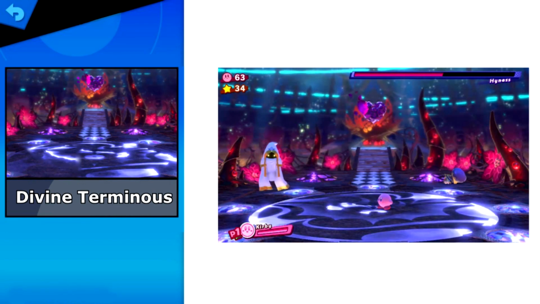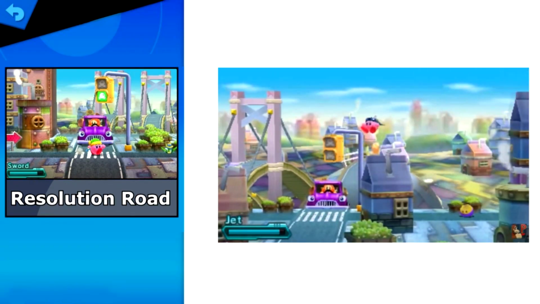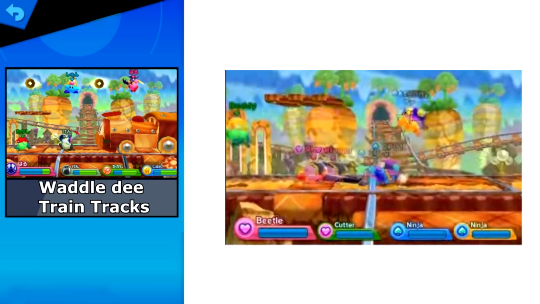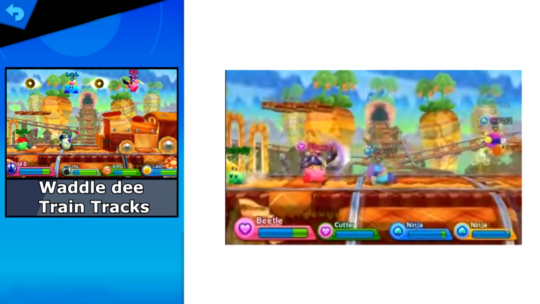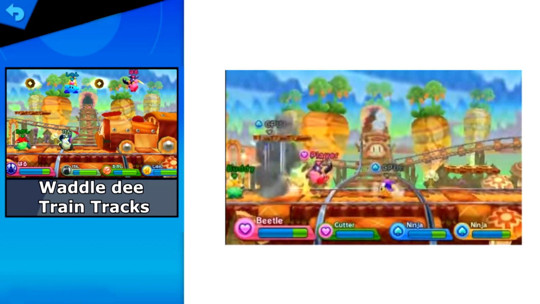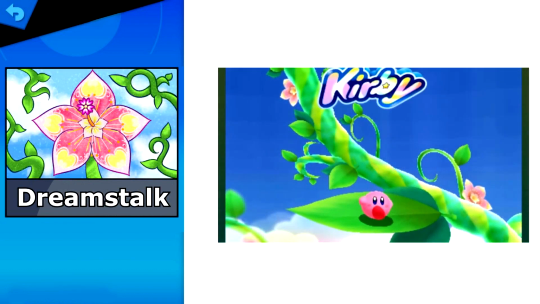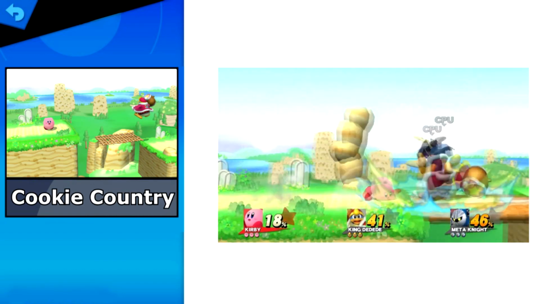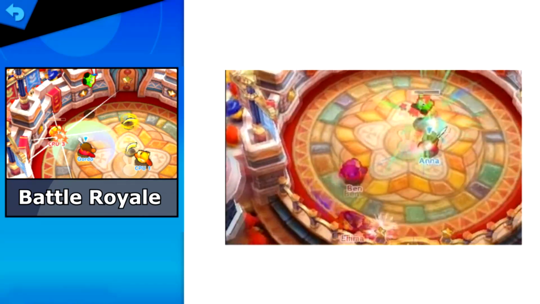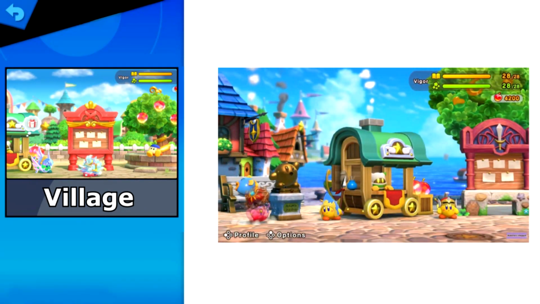The Divine Terminous from Kirby Star Allies, Honey Hill from Kirby Star Allies / Rhythm Route from Kirby Planet Robot / Waddle the Train Tracks from Triple Deluxe, which would be a stage with a similar gimmick to Mementos, where it's the same layout but with different visuals. The Jambastation from Kirby Star Allies, the Dream Stock from Kirby Triple Deluxe, Cookie Country from Kirby's Return to Dreamland, the Battle Royale Arena from Kirby Battle Royale, the Plaza from Super Kirby Clash or Team Kirby Clash Deluxe,